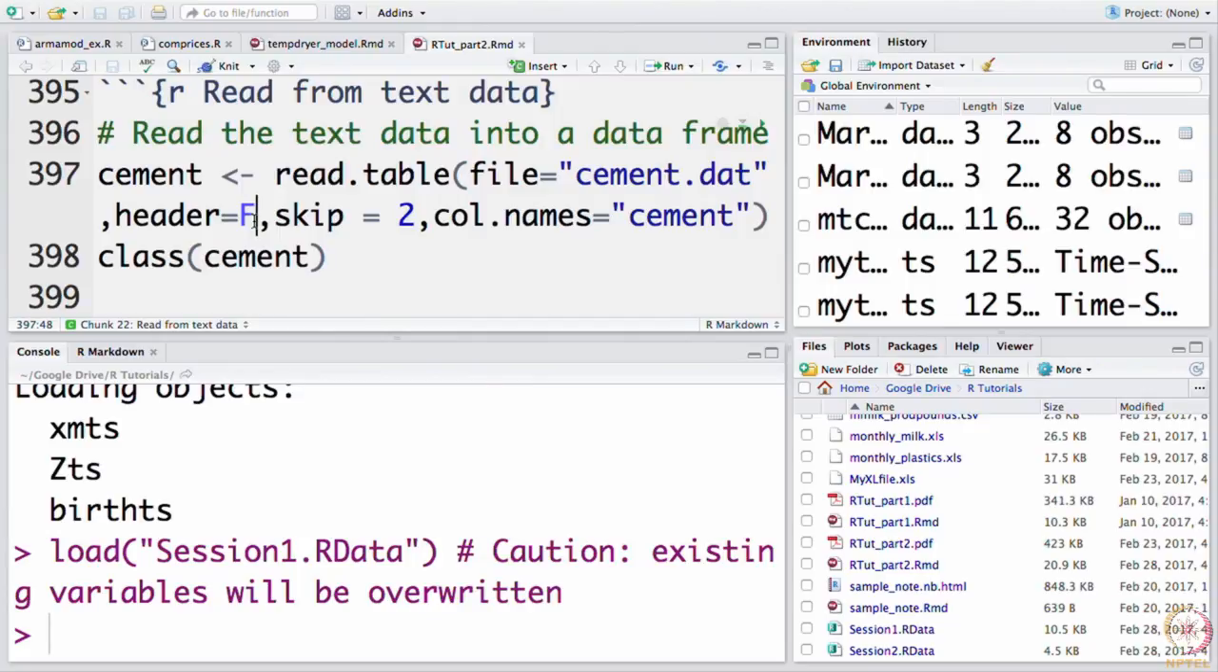So, here that is not the case. So, we set header equals false, and we are telling read.table to skip the first 2 lines, because that is not data. And at the same time, we are telling read.table to assign a column name, which is your choice. I have chosen it to be cement. So, let us run this particular command here,